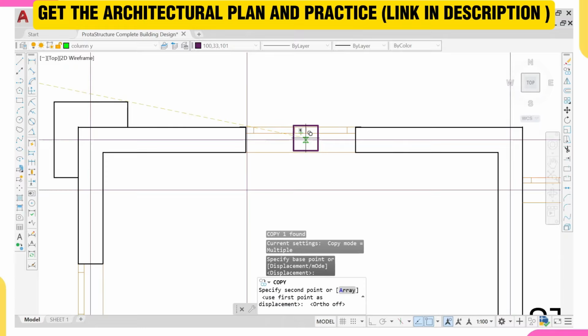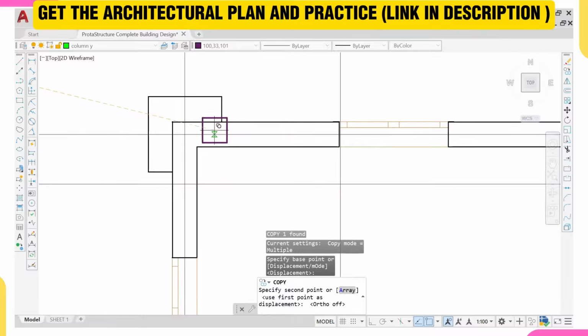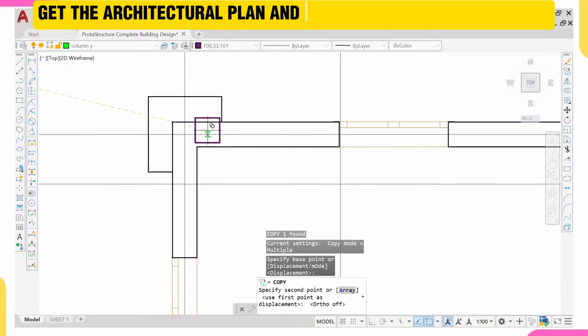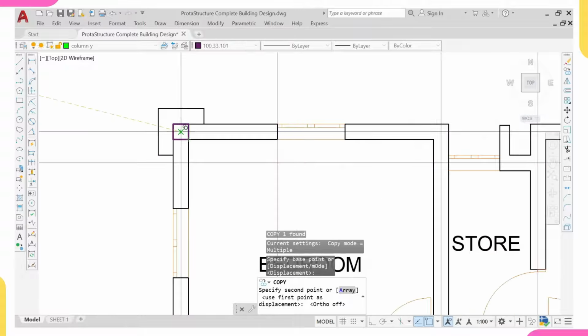So once you are deleting things that are not necessary to you as a structural engineer, please don't delete your windows and also don't delete your doors, because, for example, there are some buildings that have their design at the edge here. Yeah, at the edge here, they will be having windows. This is where the architect might decide to put a window. But if you delete your windows and your doors at first, that means you might mistakenly come and place a column here, which is not proper. So first, don't delete your windows. So I'll be placing my